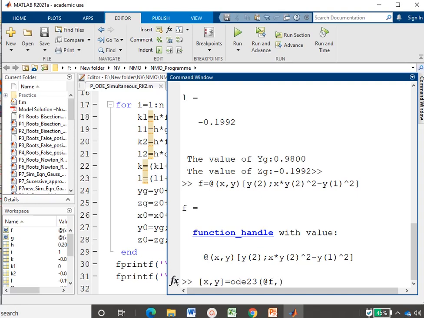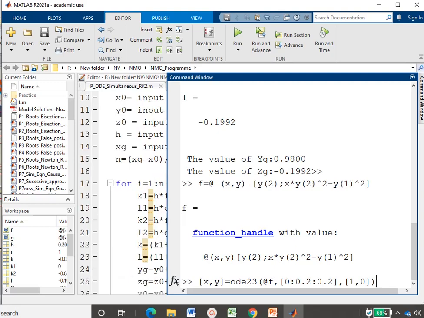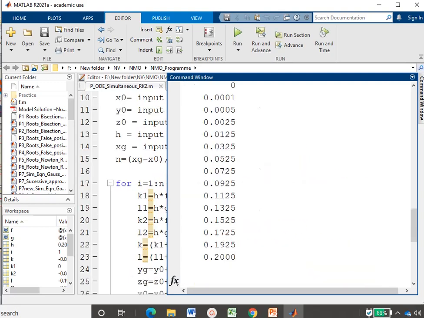Then give a comma, then in square bracket we use the initial value of x, which is given numerically as 0, then colon, the step size given as 0.2, then colon, and the xg value, which is again 0.2. After the square bracket is complete, give a comma and use a second square bracket. In that we put the initial value of y0, which is given as 1, then comma, and the initial value of z0, which is given as 0. When you hit the enter key, you will get the results.